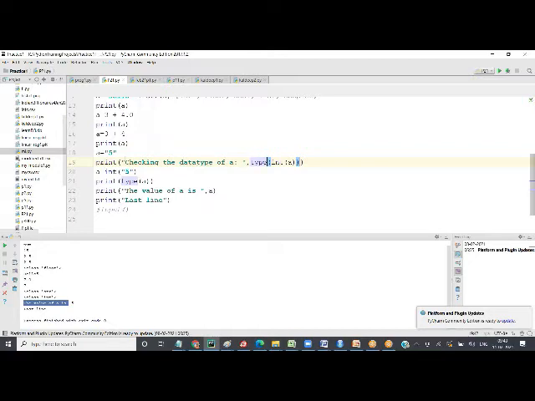Print has 2 parameters: one, "Checking the data type of A" as a string as it is, comma, and that whole thing is validated to int. So when I run it, it says checking the data type of A class int. So first the innermost function, then the outer, and last the outermost function will be called. Right? All good?